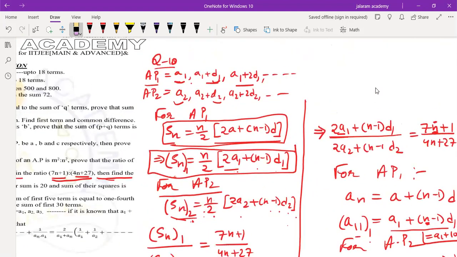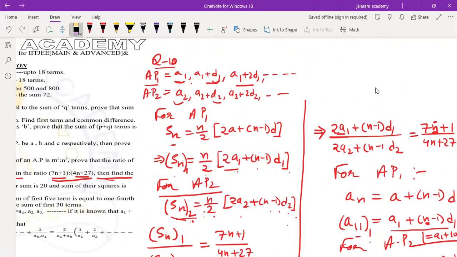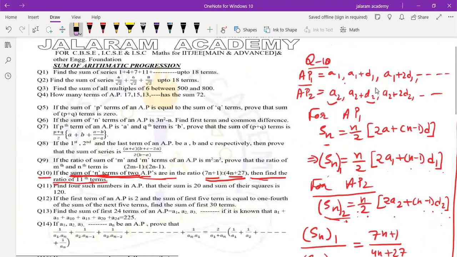So, reading the first line, we will discuss after reading the first line which is given in the question. Question number 10: if the sum of n terms of two APs, sum of n terms...